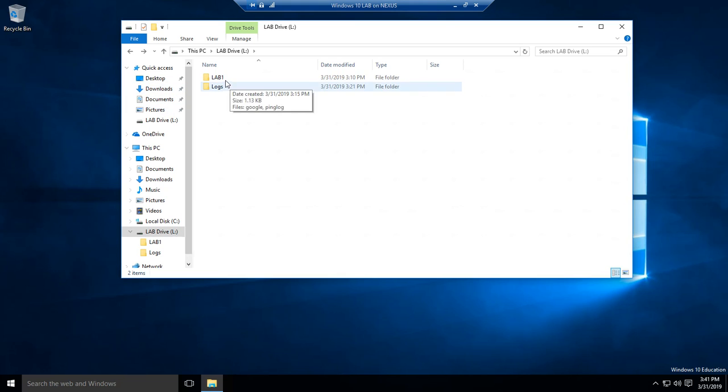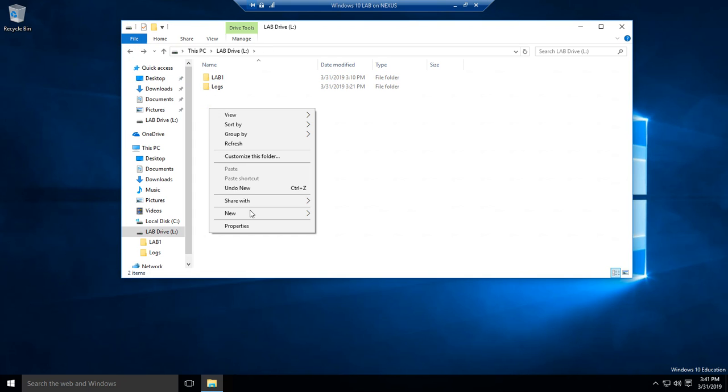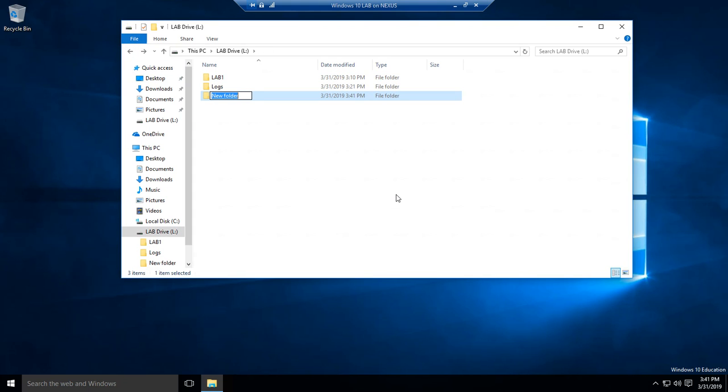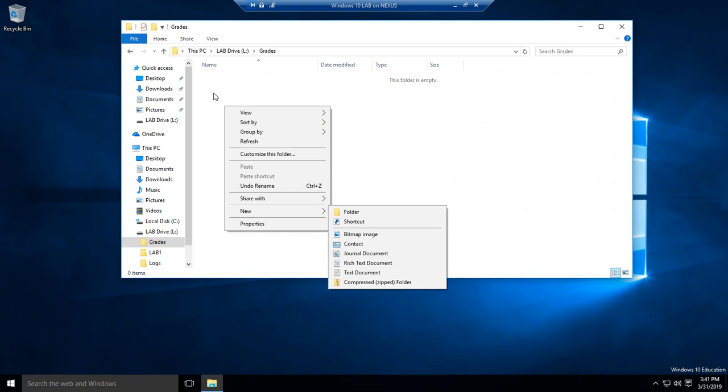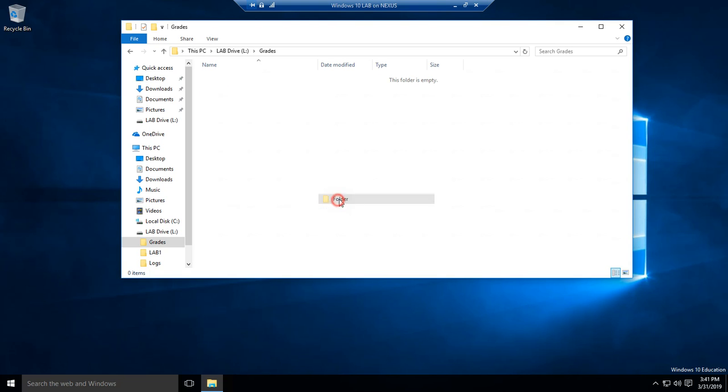When you're using permissions, this is how you can make people access certain areas on your network or on your computer. For example, I see here I have a log, and there's my hello file. Let's say I make another folder here. We'll call it grades. Pretty simple. And in this grades folder, we're going to make another folder. We'll just call this IT grades,